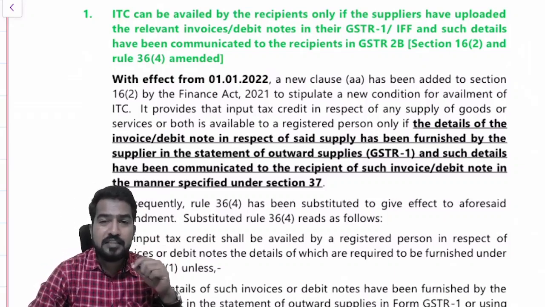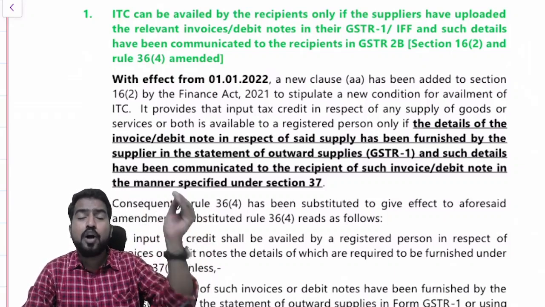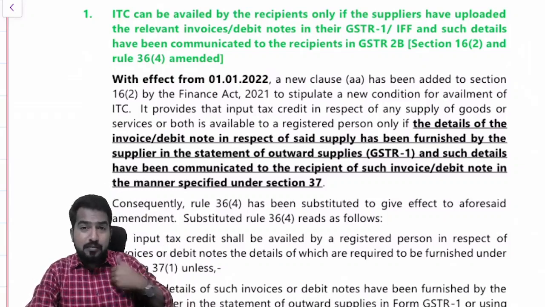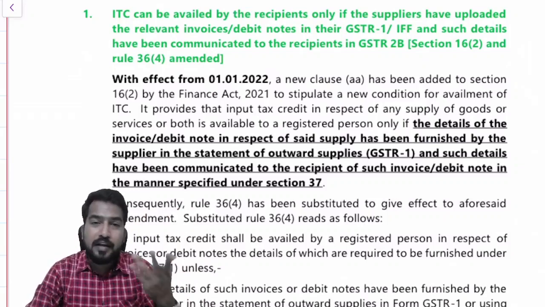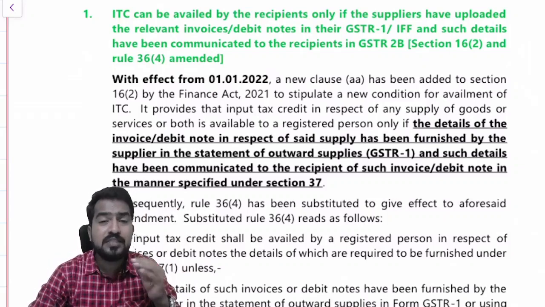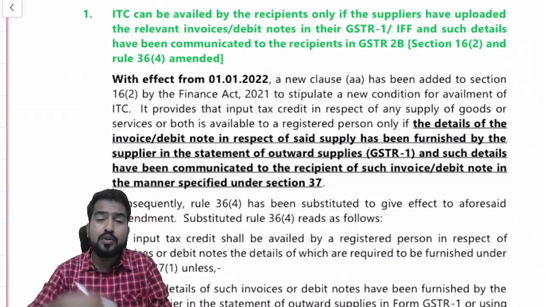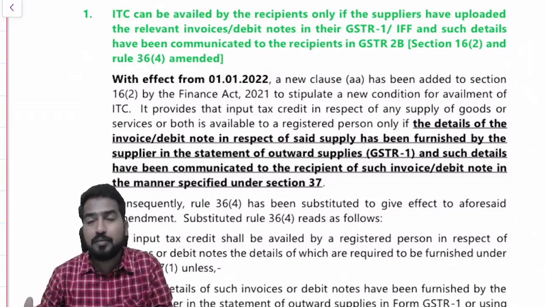But there was a relaxation that sometimes my supplier might not have filed his GSTR1, and that credit is not visible in the recipient's 2A or 2B, and hence I cannot claim ITC. There was a relaxation that up to 5% of the total credit available,